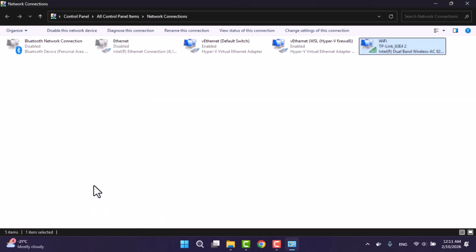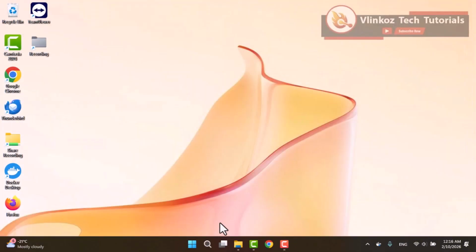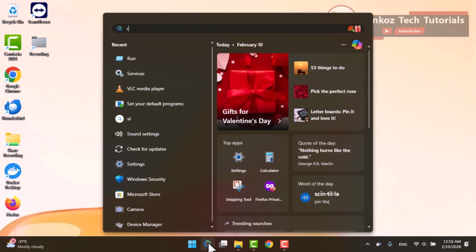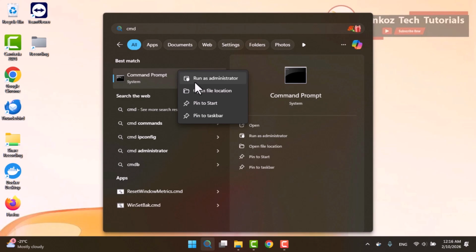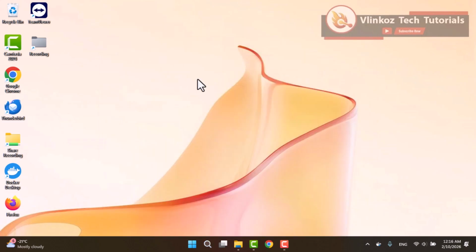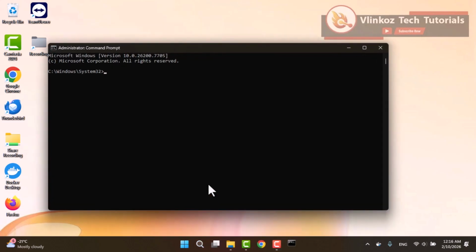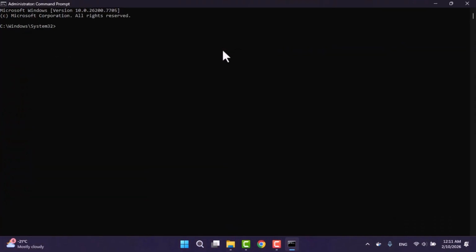Finally, as a more advanced step, open the command prompt as an administrator. You can do this by searching for command prompt in the Windows search bar, right-clicking on the result, and selecting Run as administrator. In the command prompt window, execute the following commands, pressing Enter after each one. ipconfig /release, ipconfig /all,